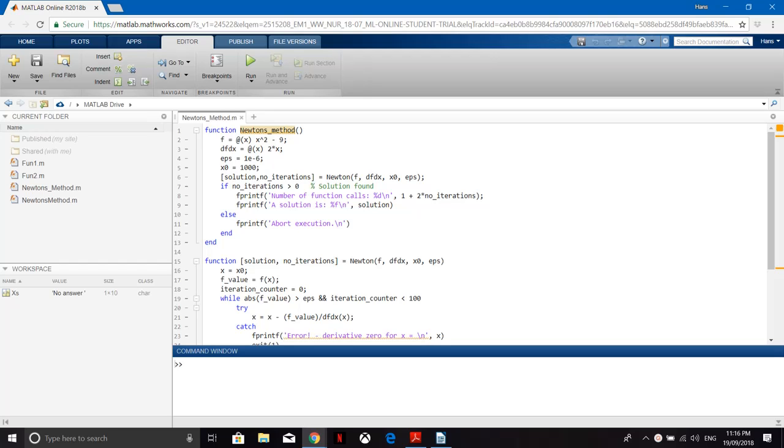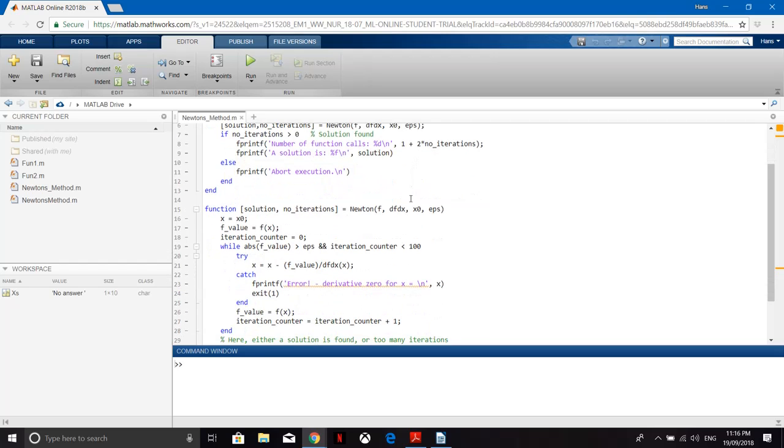Okay, so I've been trying to make the program from our reference work, but it seems that my MATLAB here couldn't read the pseudocode, so I made one myself,